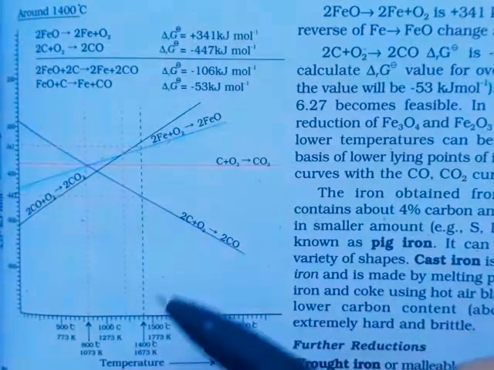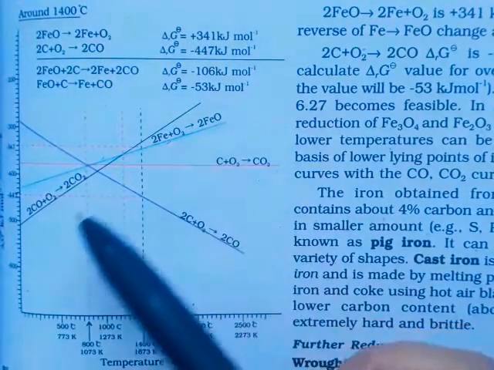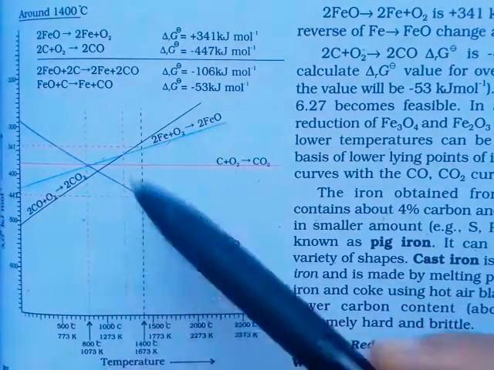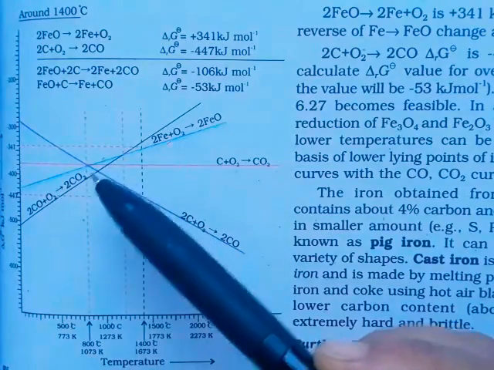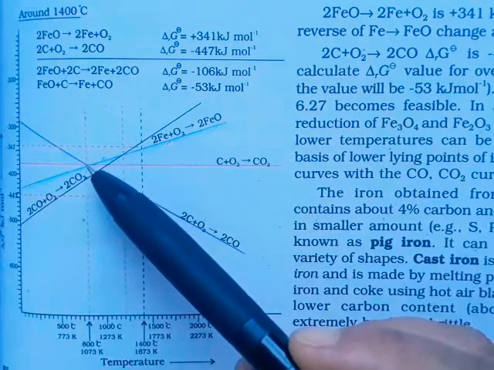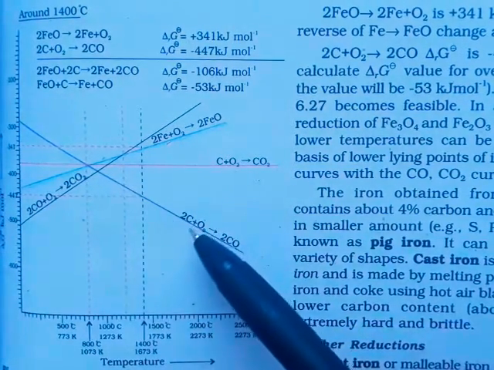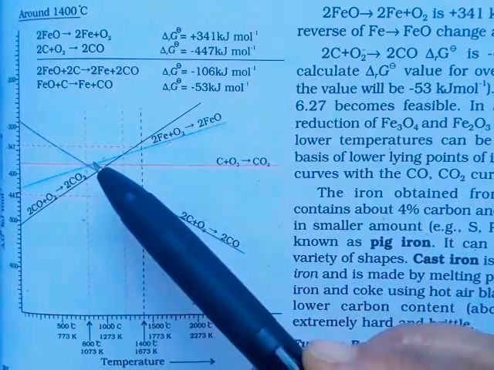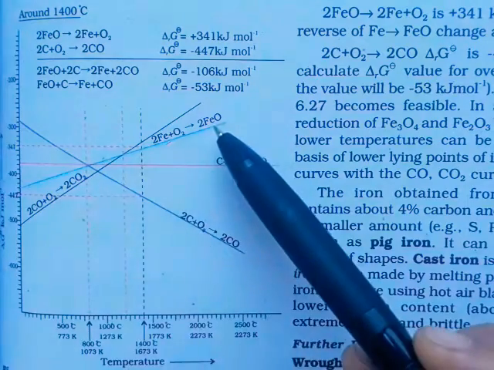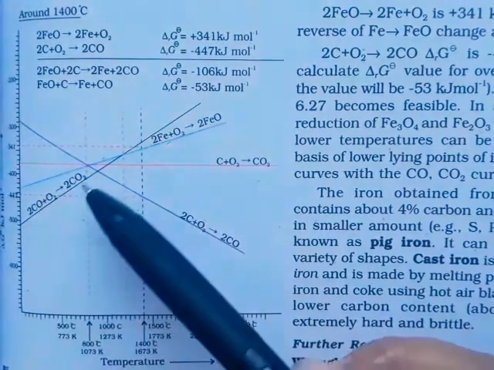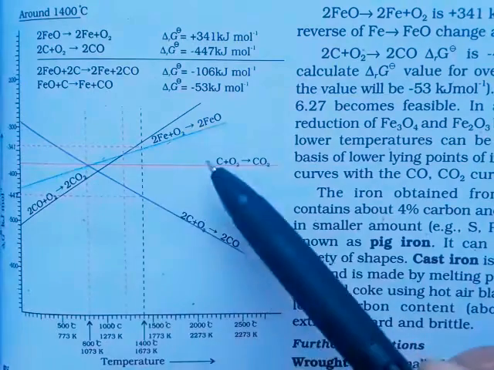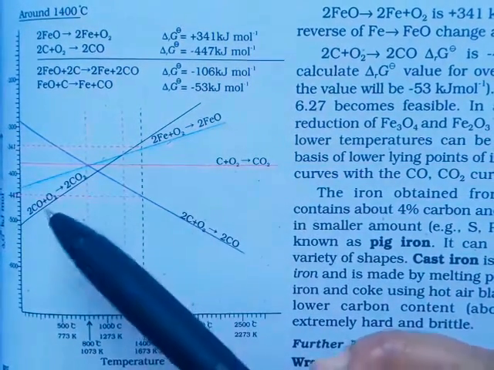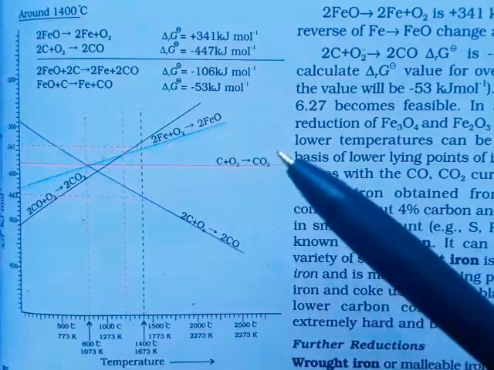Now during the reduction of iron oxide, we can use either carbon monoxide or carbon as the reducing agent. From this Ellingham diagram, what we can see is that from this point of intersection, the line of carbon to carbon monoxide is going downward, and that of iron to iron oxide is moving upward, isn't it? And for carbon monoxide again it is going upward, and for carbon to carbon dioxide it is almost a straight line. Now out of carbon monoxide and carbon, which is the best reducing agent?